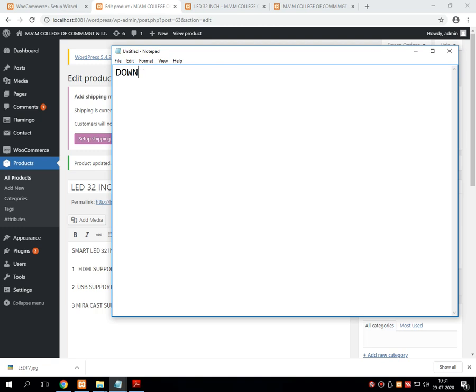Download and install and activate WooCommerce plugin and create a store for selling a product. I am writing a very simple definition.